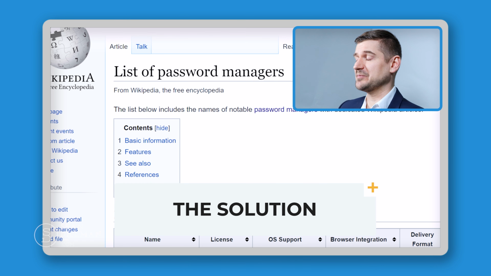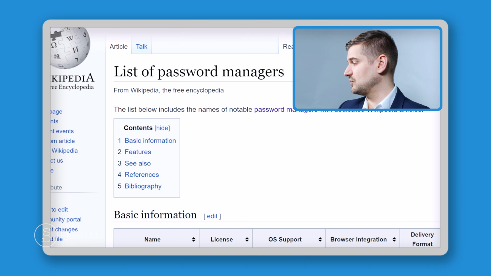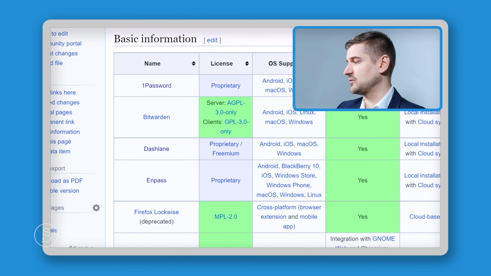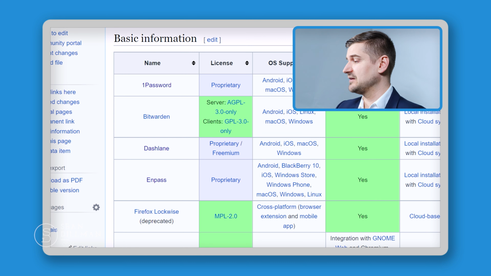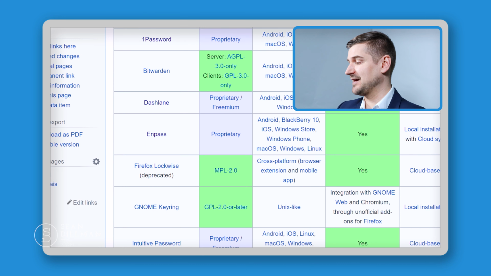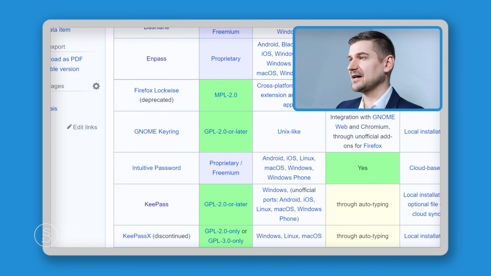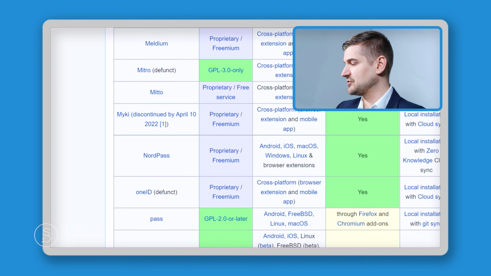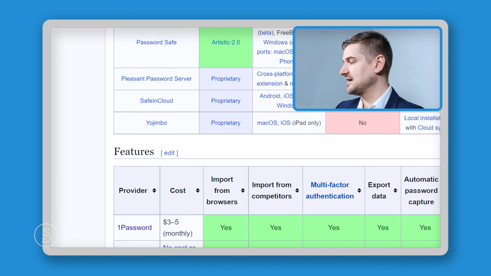So we're going to start by looking at this website. This is Wikipedia. If you go there and search for this website, it just says list of password managers at the top, and you can scroll down and see that there are all kinds of different password manager softwares that you can use. There's LastPass, Bitwarden, Dashlane, NPass, Firefox Lockwise, etc., etc. So I'm just going to keep scrolling and show you that, as you can see, there's quite a long list. I'm going to leave it to you to decide which kind of password manager you think works best for you. In this demonstration, I'm going to be picking a free one that I think is quite effective and one that I use personally. But if you want to use any of these, please feel free.